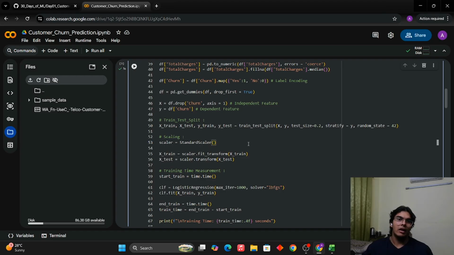By using standard scaling. Standard scaler in the backend applies the statistical formula x minus mu divided by sigma. Mu is the mean of the data set, sigma is the standard deviation of the data set. After applying this formula on the entirety of the data set, the mean becomes 0 and the standard deviation becomes 1. So the model has a more uniform representation rather than the one it had before, where every feature had different scales.